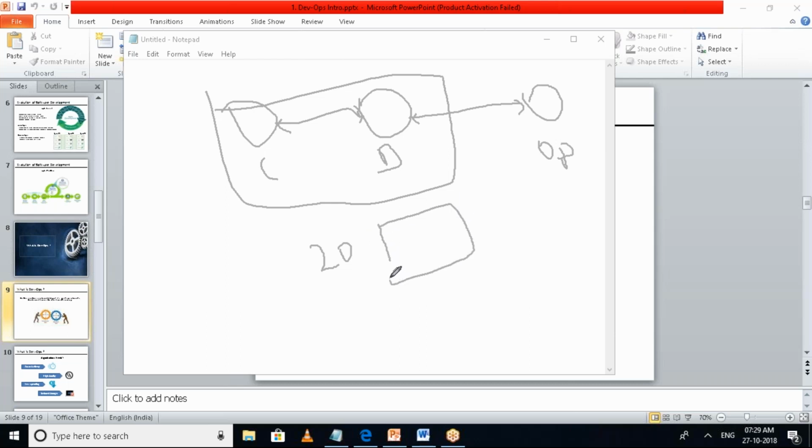There would be multiple code branches going into this code repository. Now that 20 developers have been pushing their code into this repository, as a final product you have to integrate all this code and finally come up with one single piece of code which would work as software, isn't it?